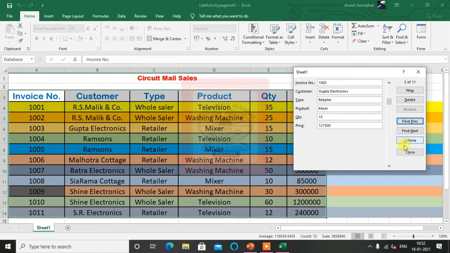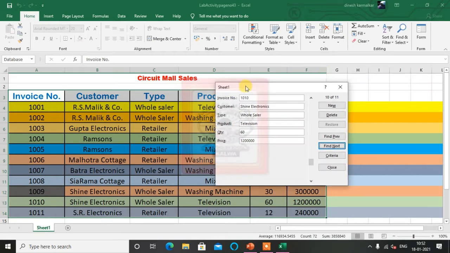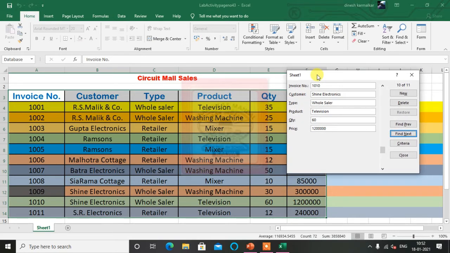So this way we can get it. If I give the criteria, let's say greater than 50, sorry, greater than 60, let's see how many come. Only one record is there which has quantity more than 60. So this way we have studied how to give criteria. We can give criteria depending on whatever field you want: customer, type, product, or quantity, which has numbers, we can give less than, equal to also. Again for price also we can give criteria, like which product has less than 50,000, that also you can see.